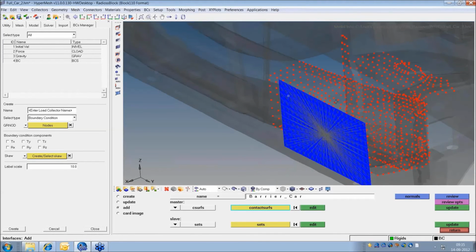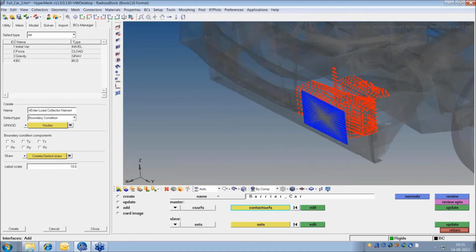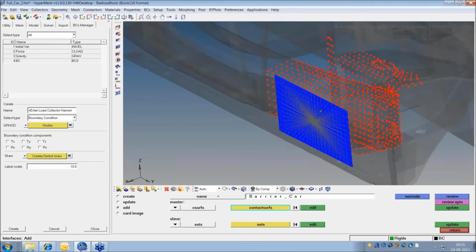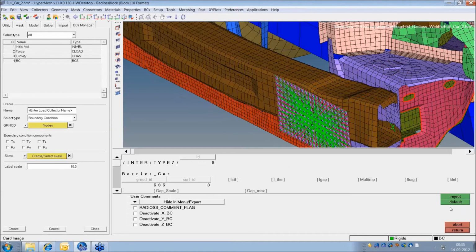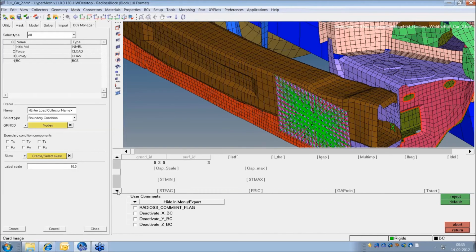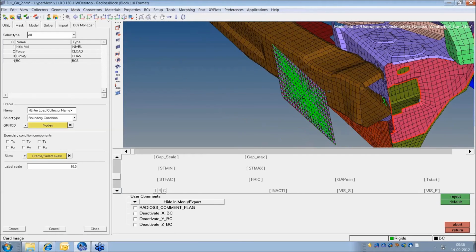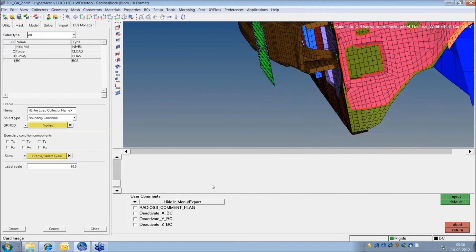You have to ensure that you see both master and slave entities. I'll go to card image, edit. I know both are of 1.2 mm thickness, so for gap minimum I'll give 1.2, but they are much away. That is okay. So I'll give 1.2 and I'll use Ignore 6.